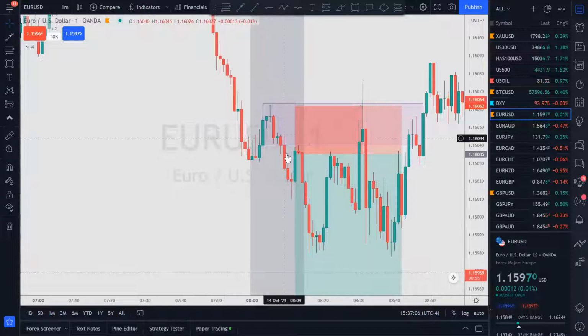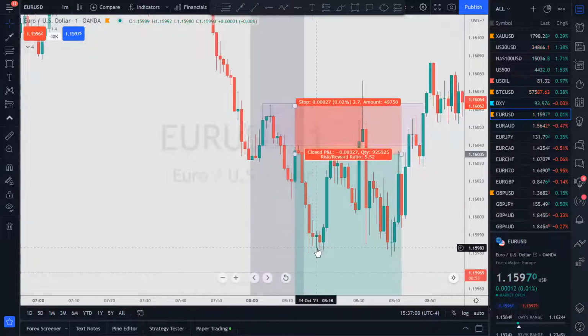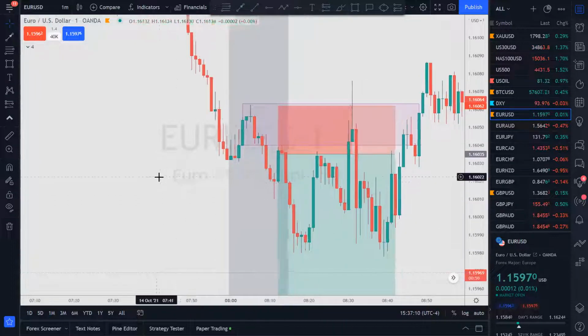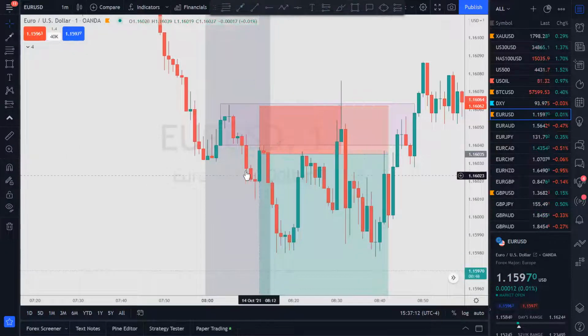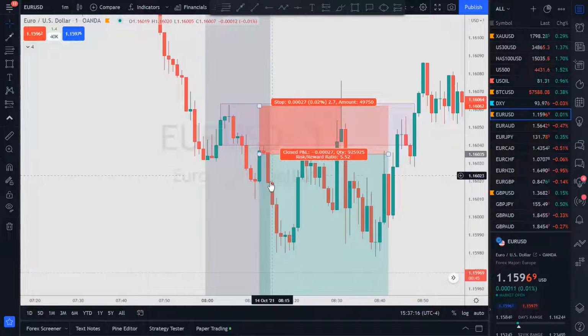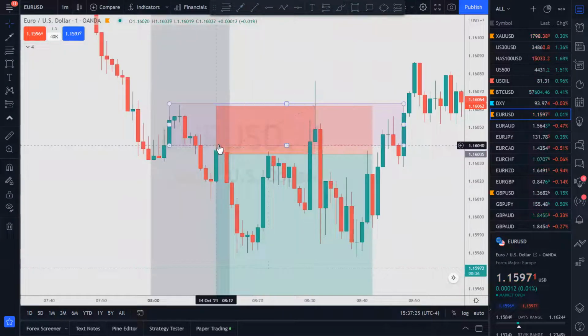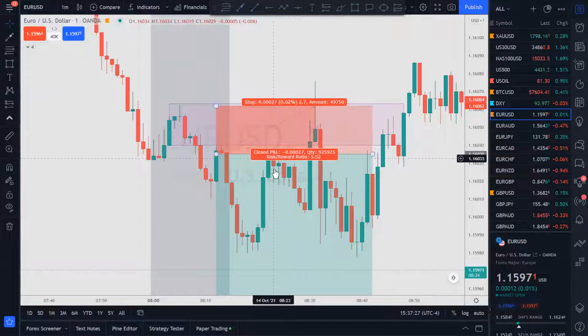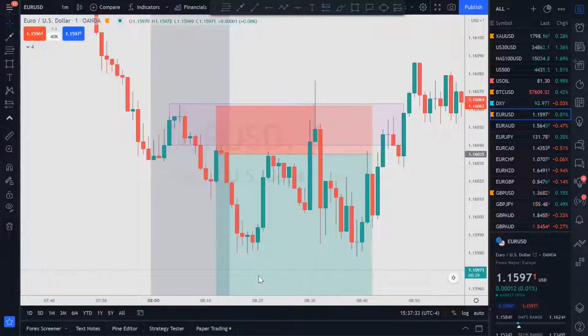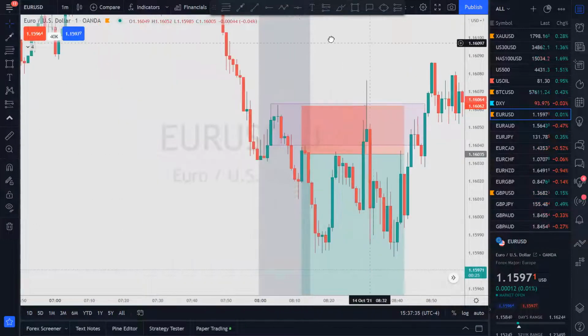All right. Price found its way down and then came back all the way up here. So I'm thinking it's going to turn here because look at this configuration again. This is a bearish order block. So I'm thinking price is going to just retest that, come on back down. Well, no, it kicked me out. So I'm thinking it's going to go back down because it didn't violate that high. Well, it went down, then came back up. It went down and then came back up. Took me right out. Took the whole hit.